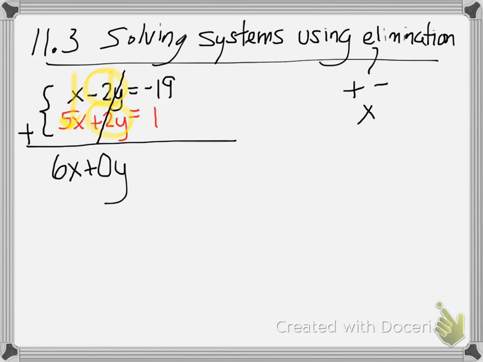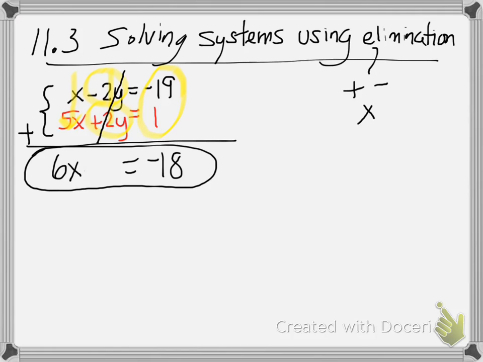And 0y, I don't even need to write it. If you don't have any y's, you don't have any y's. So there's no sense in writing 0y. So this is why it's called elimination. So I just eliminated all the y's just by adding these two equations together. And then I can keep adding. Don't forget you got to add this side too, because we want to make sure that we complete the equation. So negative 19 plus 1 is negative 18. Now if I look at the equation that I have now,